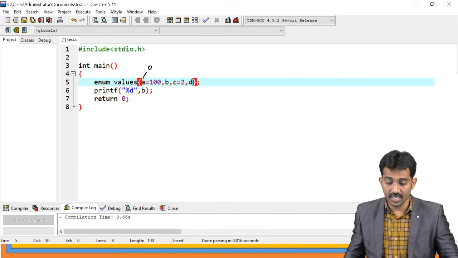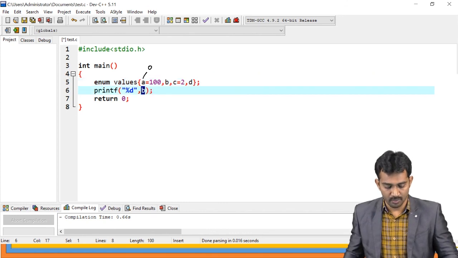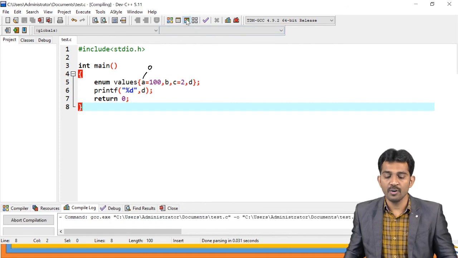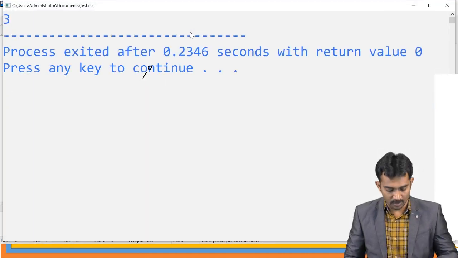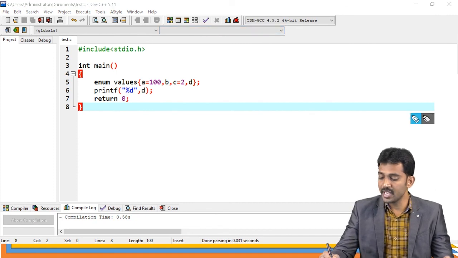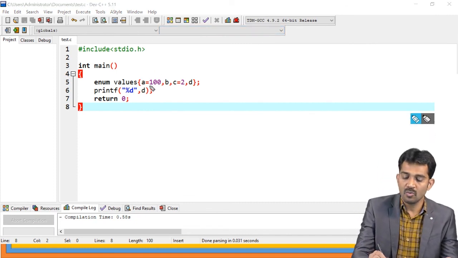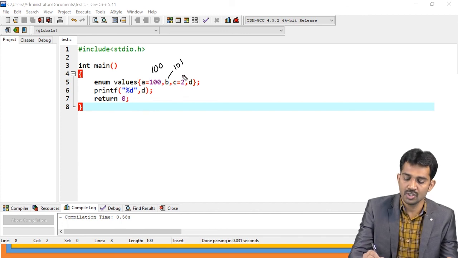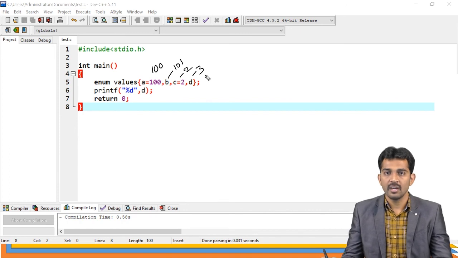And if you write D here and print the D value, if you run this code, what value is it going to print? 3 only, because please note, it works based on the previous value. There is no previous value here, right? It is initialized, so 100 is going to display here. From here, what is the previous value? 100, right? It is going to take 101. Is it 2, right? Its value is 2. And this value is 3. It works like this.